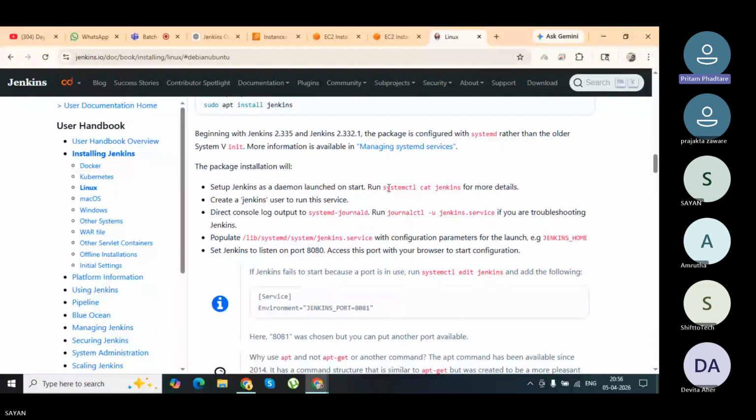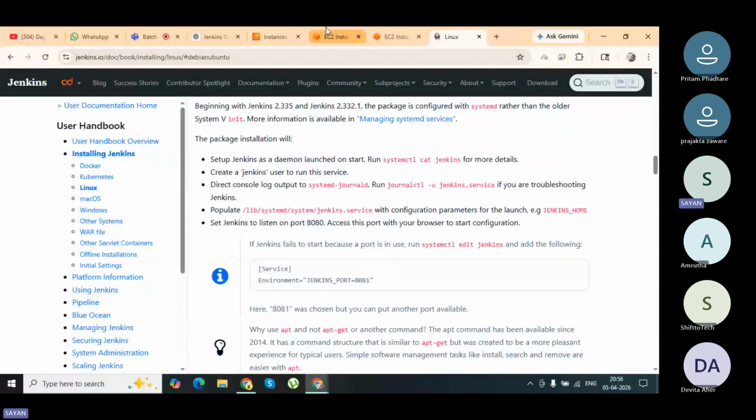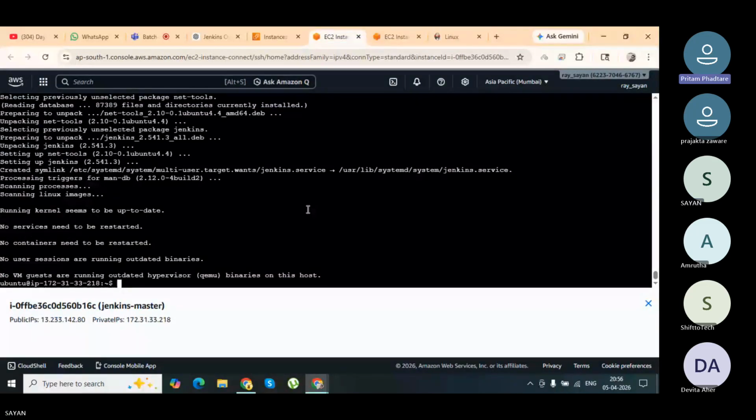Okay. So have you executed that command? So your Jenkins software, or we can say the platform, is now installed in your Jenkins master. Now, how to verify whether Jenkins is present or not? So, what generally happens whenever you install any